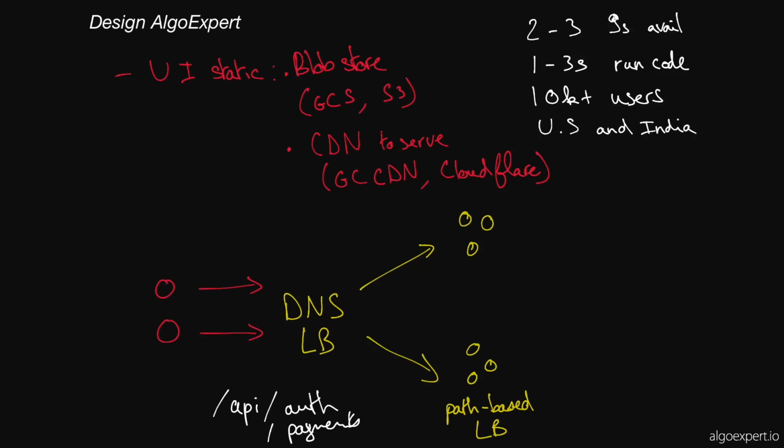Okay, cool. So once we have that, I'll keep the yellow color, but I'll write arrows that point to our application servers. We've got a set of application servers here, and these application servers are basically doing the logic. Like, if you're making a request to make a payment, they contact the third-party payment service. You're making a request to run code, they contact whatever we're going to design in a little bit.